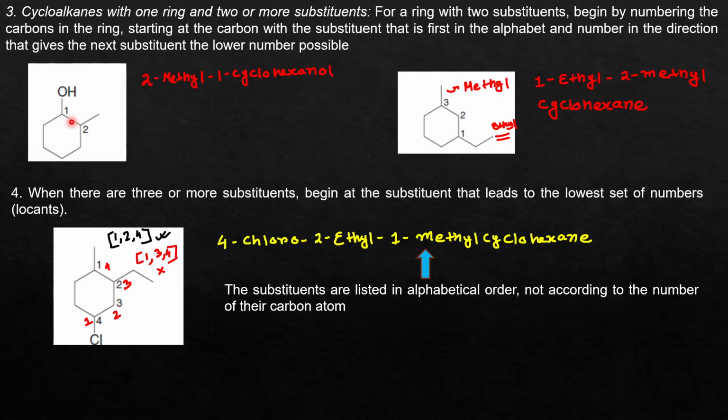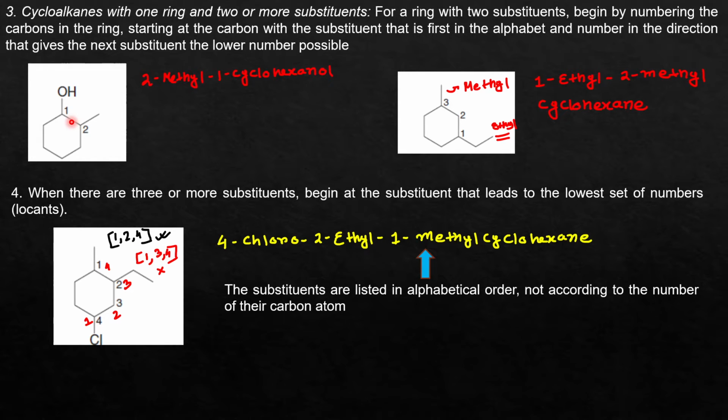That is not acceptable. So this is the right way of numbering. After numbering this, you have to name the substituents first. So 2-methyl, then 2-methyl. Then again, the position of this hydroxyl group is 1, so that's why 1